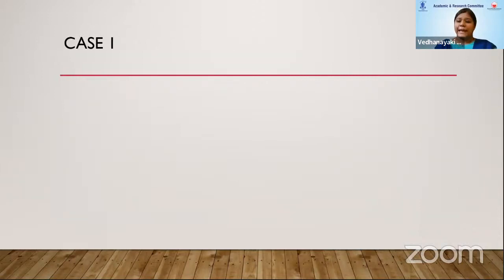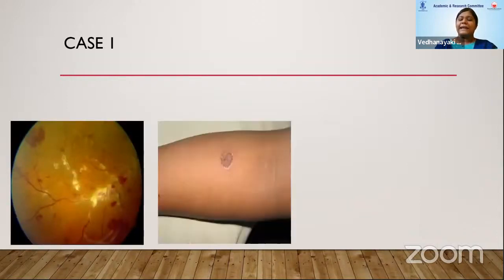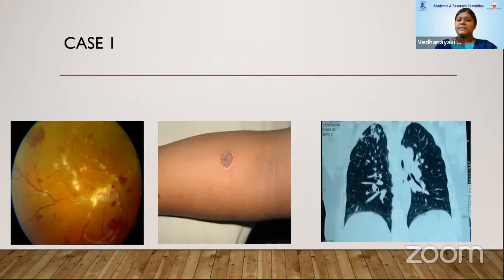So this was a young male who presented to us with a unilateral vision loss. He had unilateral vasculitis. When we evaluated, he had a necrotic macula. We did a CT chest, and it showed a tree-in-bud appearance, a typical evidence of systemic pulmonary TB. The patient was started on ATT with oral steroids for control of inflammation.